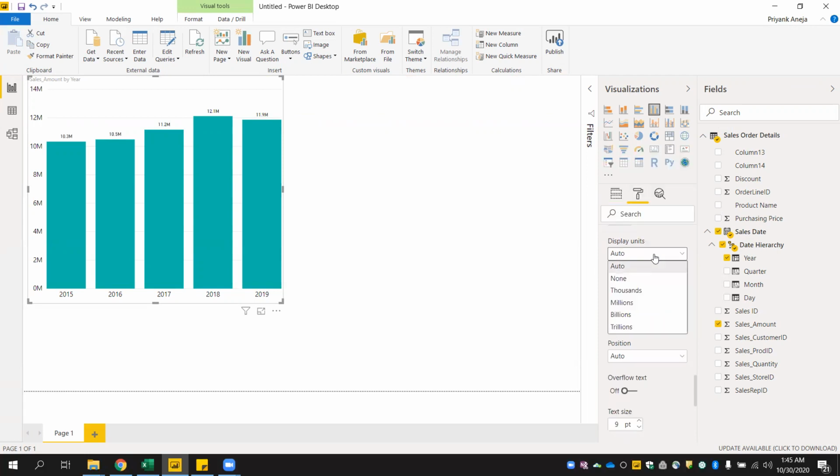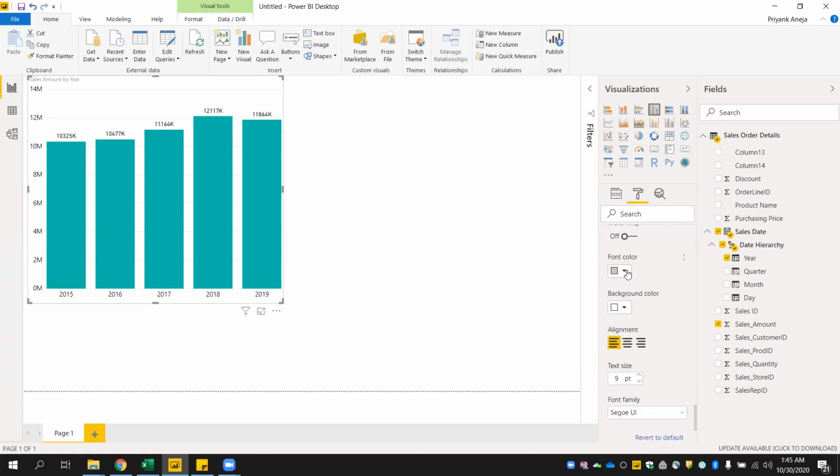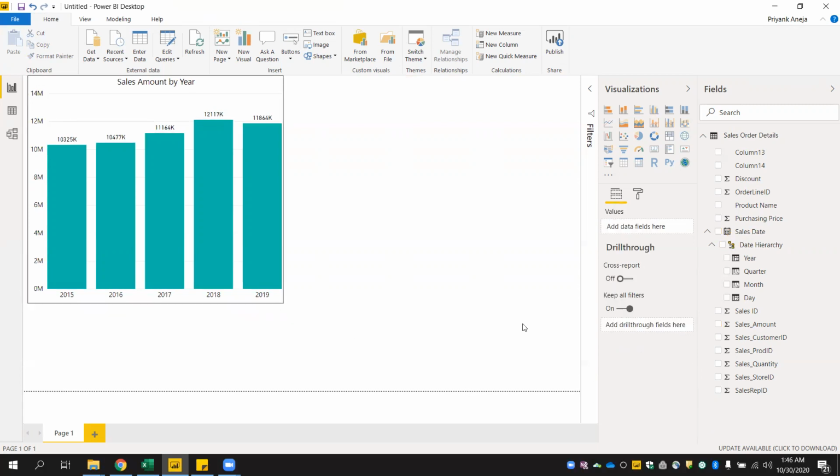I wanted to change the units into thousands and make it a little bit bigger so that it is easily readable. Let's give this report a title, sales amount by year. Let's change the color, keep it in the center, and increase the font size. Let's give it a border as well. Now see this, within a few seconds we have created a nice bar chart which is really presentable.